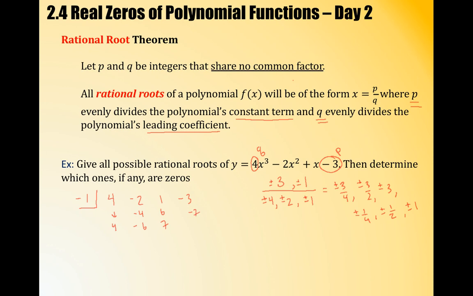Oh, I know -1 is not a possible solution. So let me go back. Let me try 1. Right? Oh, this makes it a +4, which makes this, what, 2? Yeah. Oh, check this out. It's 2, which would make this 3, which would make this 3, and oh my goodness, that makes this 0. Right? So that means 1 is a possible 0 of this, and you could check the other ones to figure out if any of the other ones are